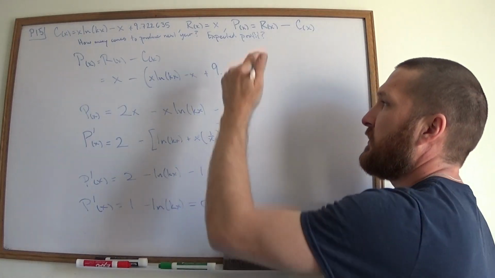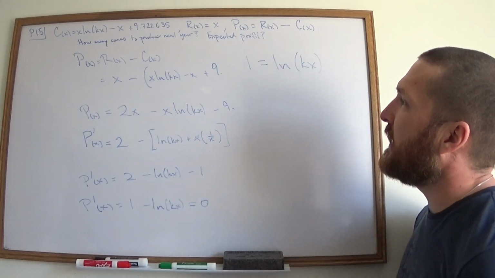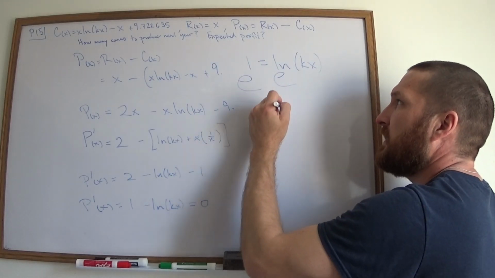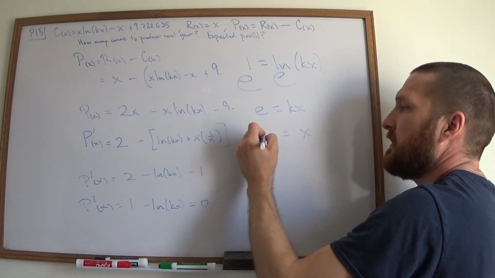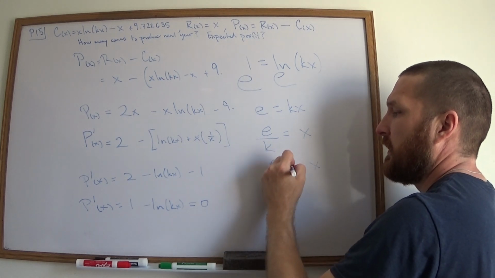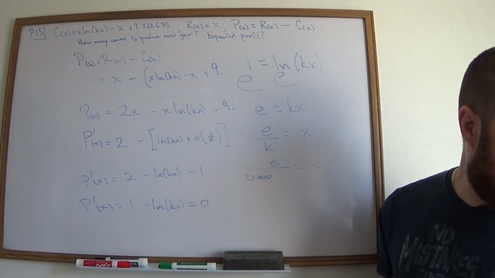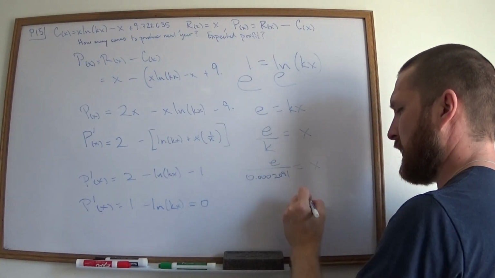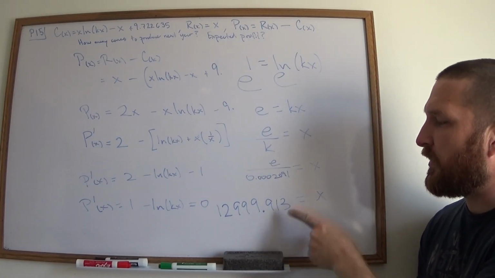I want to bring the log to the other side. That gives me 1 equals log kx. The x is the thing I'm looking for, so I'm going to e both sides. E to the 1 is just e, and e to the log makes the log go away. And so x is equal to e over k. Now remember that k was equal to 0.000, a bunch of other stuff, 2091. So I'm going to plug this into Wolfram Alpha and see what I get. E divided by that number gave me